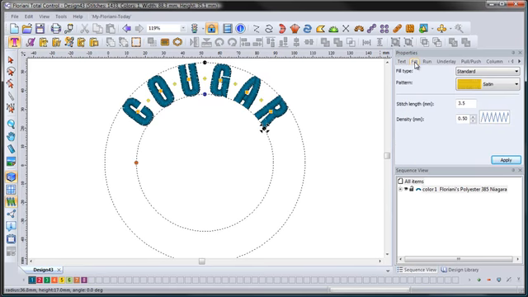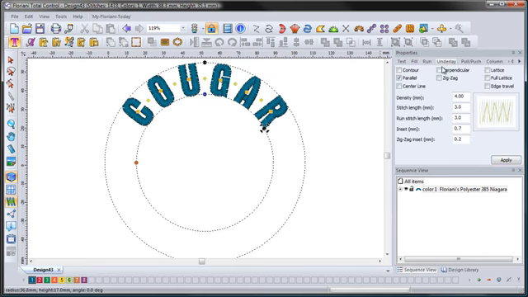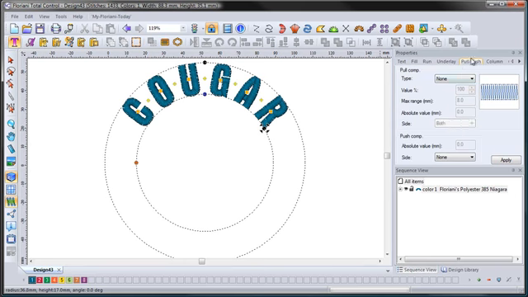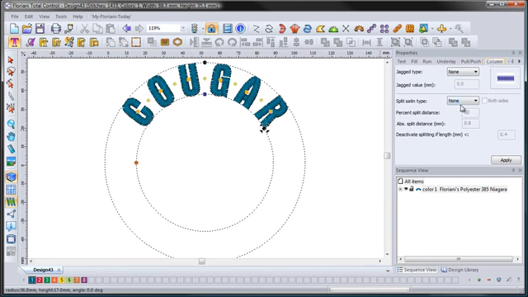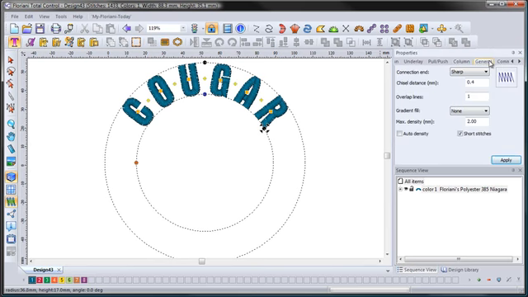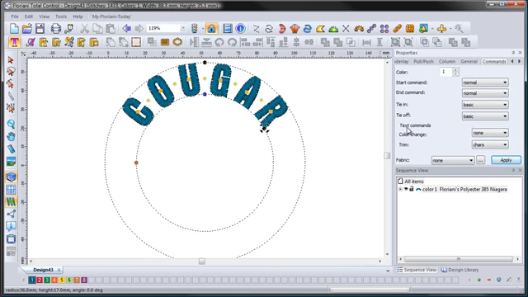Some of the other options are you can come in and you can change all your settings. You can change your underlay for the text. You can change your push and pull compensation. You can change the type of stitch it is. Usually you don't really change this often for text, but one of the tabs that you will notice that you'll use a lot will be in the commands tab, because inside the commands tab you have the ability to create